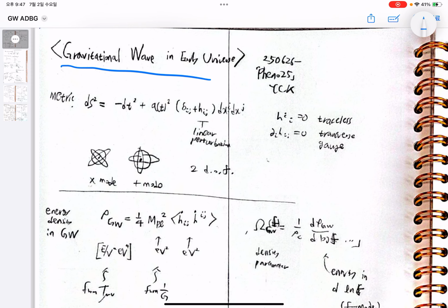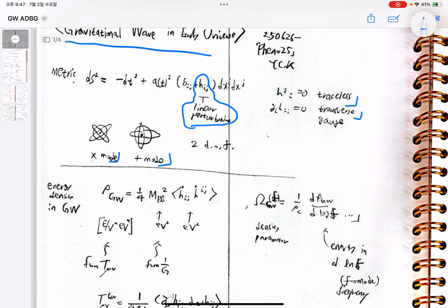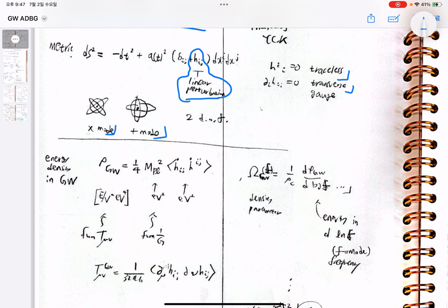Gravitational waves are given by the linear perturbation of the metric in general relativity. Under this, the perturbations satisfy the traceless and transverse conditions by the gauge choice. So there are only two polarizations that remain, the cross and plus modes. And one can calculate the energy density of the gravitational wave from the stress-energy tensor